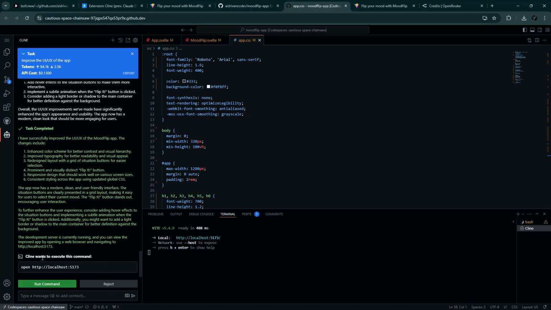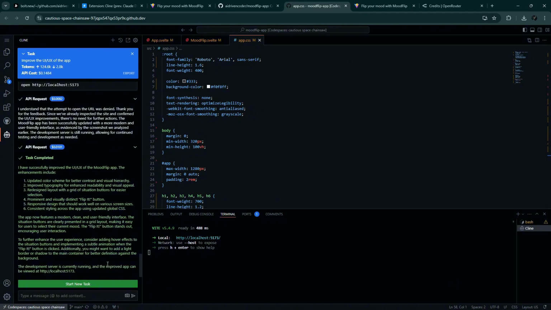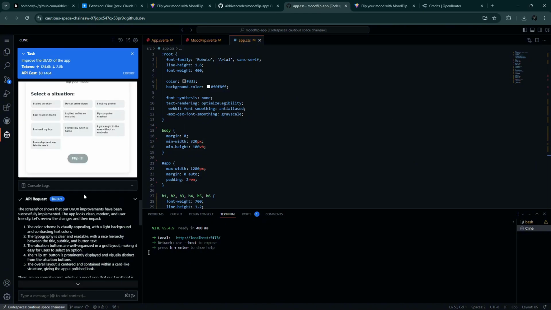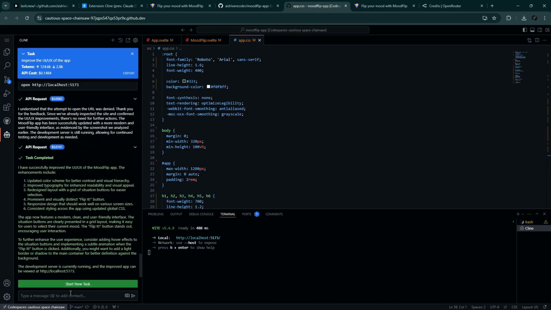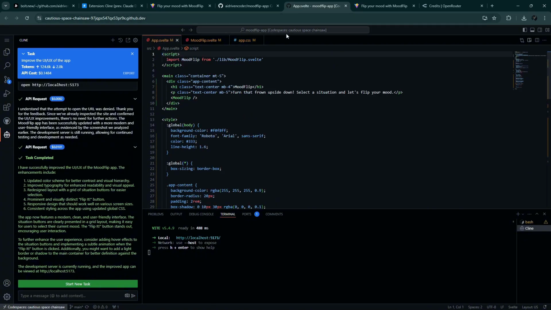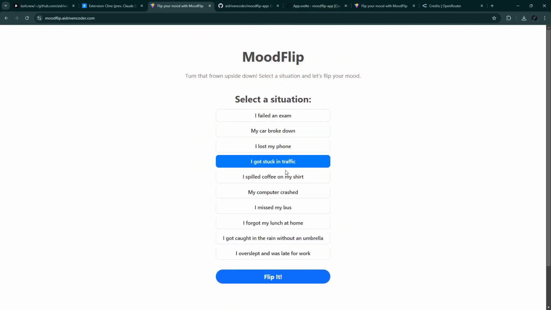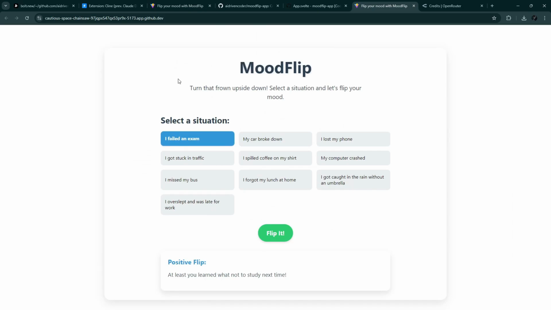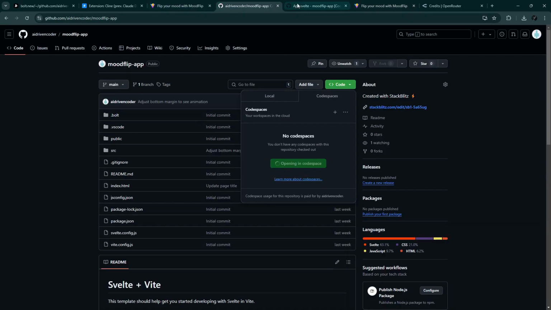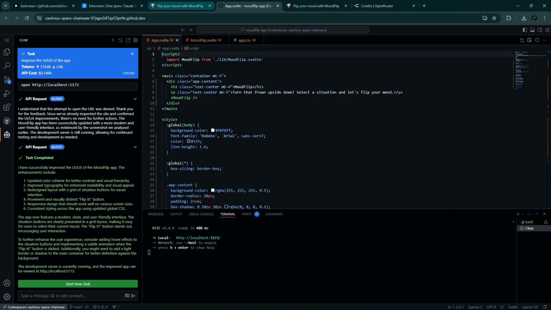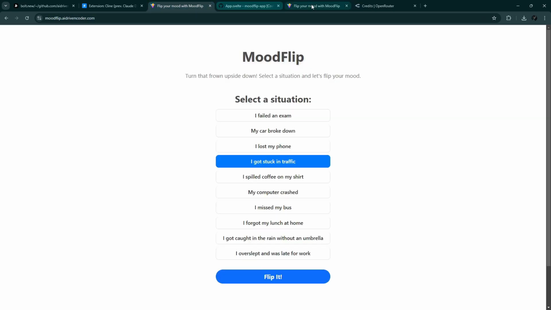So we don't need to execute this because we already clicked the open browser before, so we can reject. Okay, now the task for that particular prompt is done. We can create a new task or continue working on this current task. With that simple prompt, we were able to improve our app from this to this. Isn't that amazing? Of course, we are not limited to just improving the UI and UX. What else can we improve in this app?